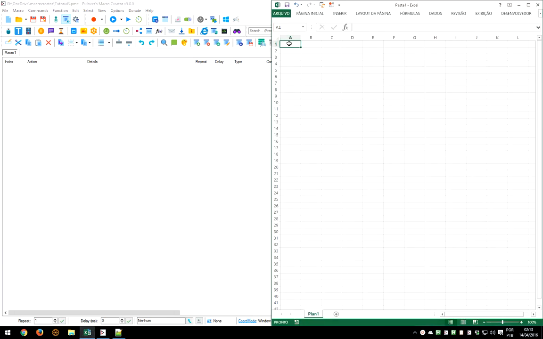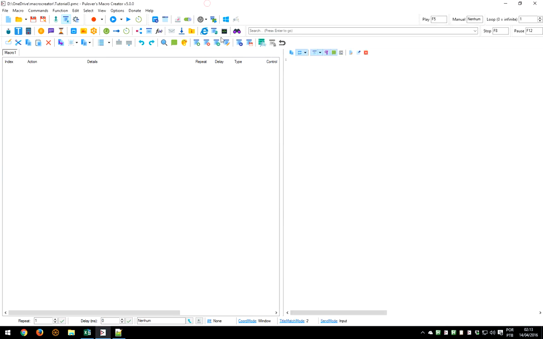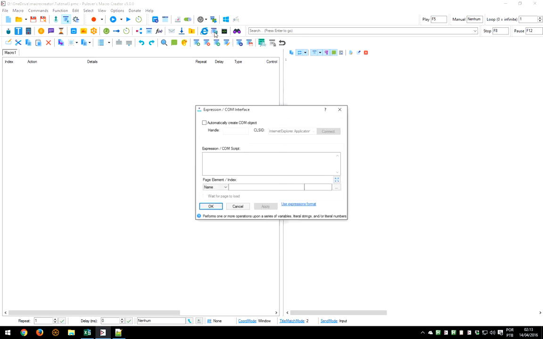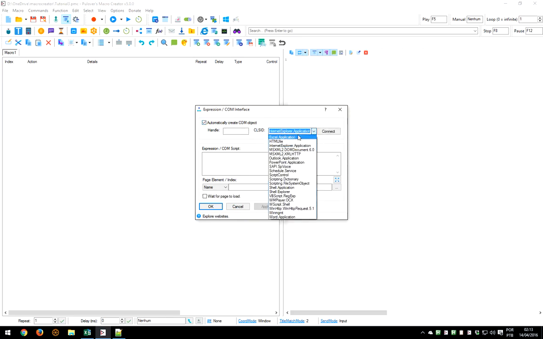COM objects are used to control other applications such as Excel, Internet Explorer, and some others. You can execute those commands here in the expression window, and you have the option to automatically create an object or connect to an existing one. A good way to learn